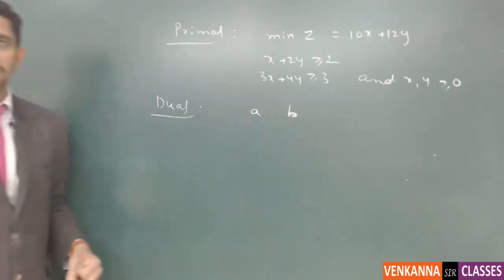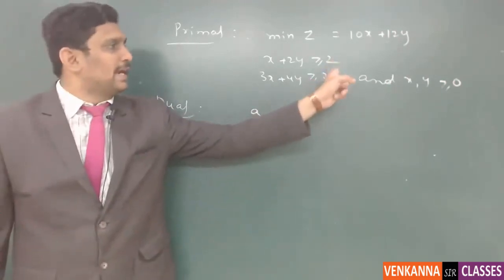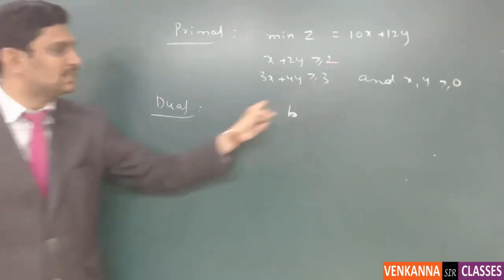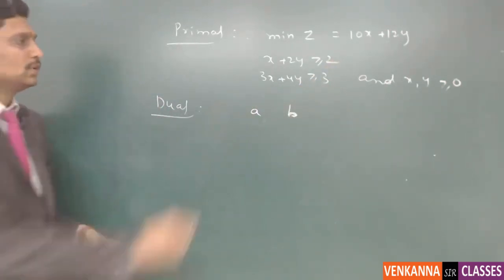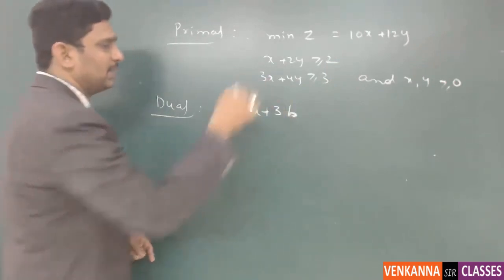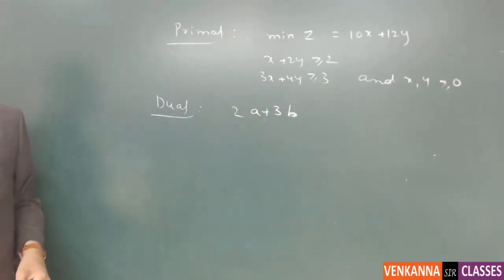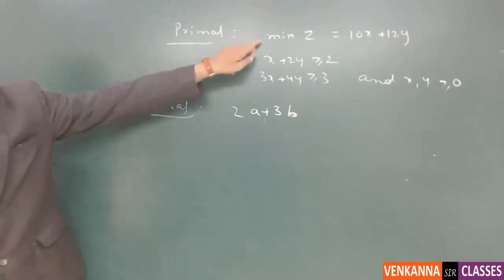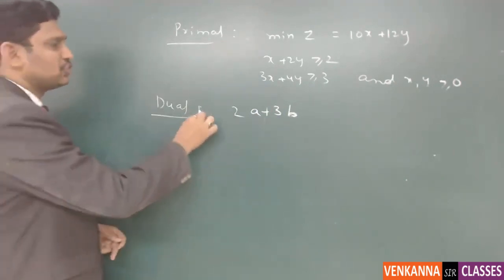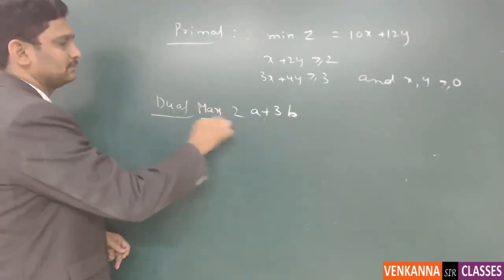The right hand side of these inequalities must come in the objective. So 2a plus 3b is my objective function, and since the primal is minimization, the objective is to maximize